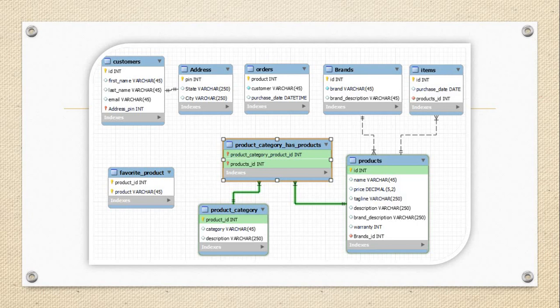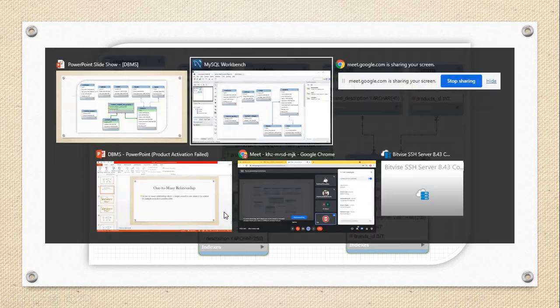So for the product and product category that we have, we will create a many-to-many relationship and check. Here we have one-to-many, many-to-one relationship. Now we'll create the product and product category relationship, and in that case, see, the system automatically created this table. Product has a category, that means product and product category. Here I am performing the operation on product and product category. So let's do that example.